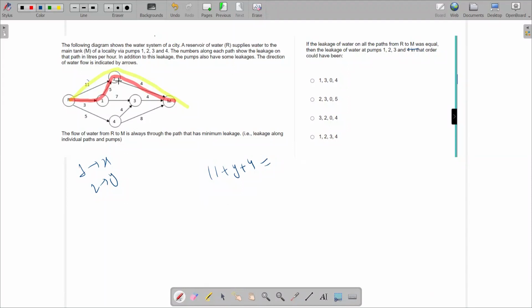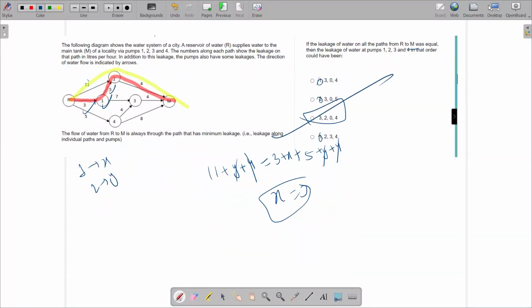So here we get Y twice, Y cancels, and I'll be left with X. So this is 3 plus X, 3 plus X, this 3, this X, this 5, 5, Y, 4. From here, 4 gets cancelled and Y gets cancelled. So X will be how much? X equal to 3 is the answer. Now let's take the options. Where is X equal to 3? Not here, not here, not here, it is here. Answer. That's it. Done.